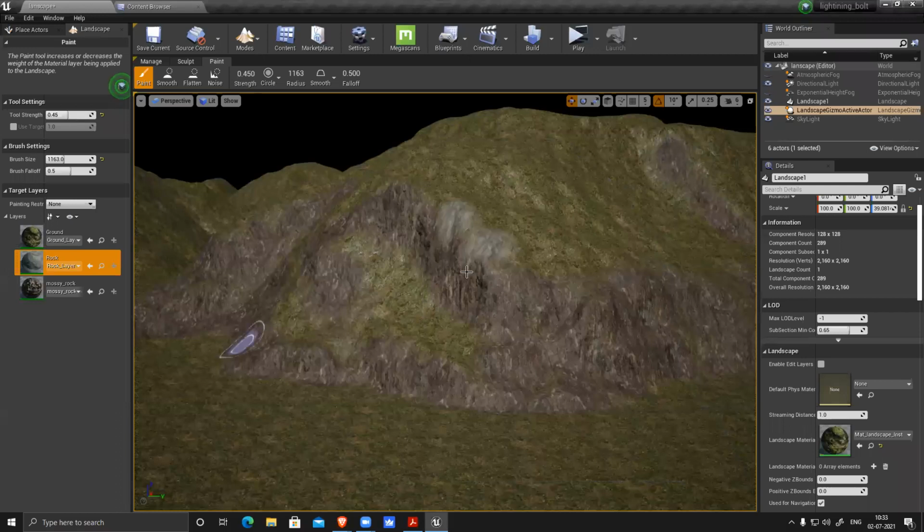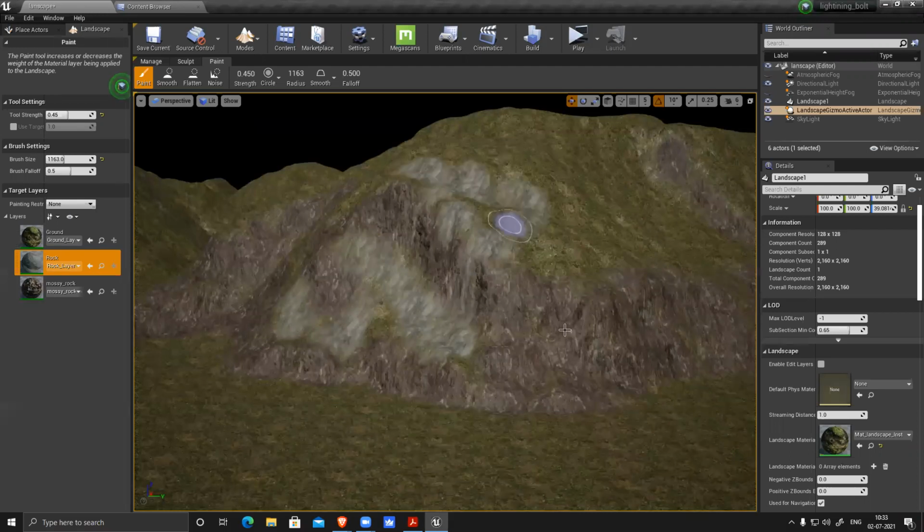So now you can see I can paint those things. So I can blend all three textures.